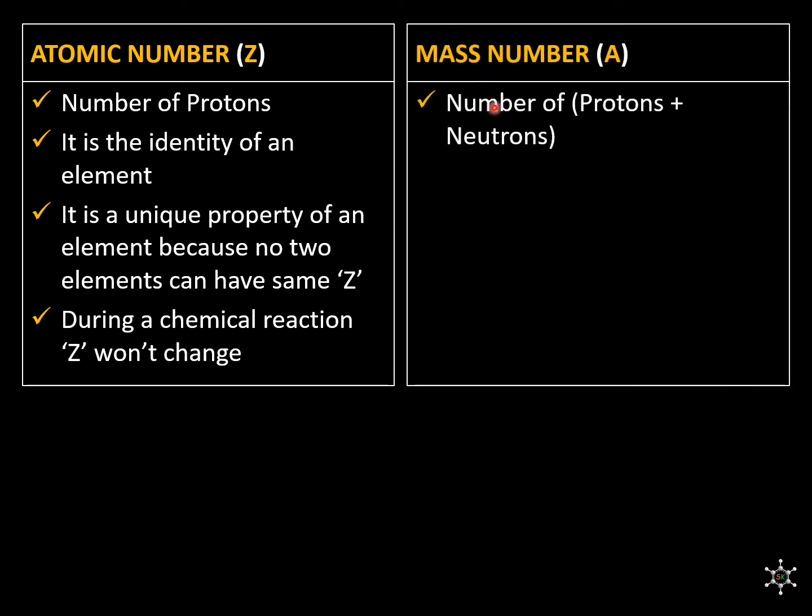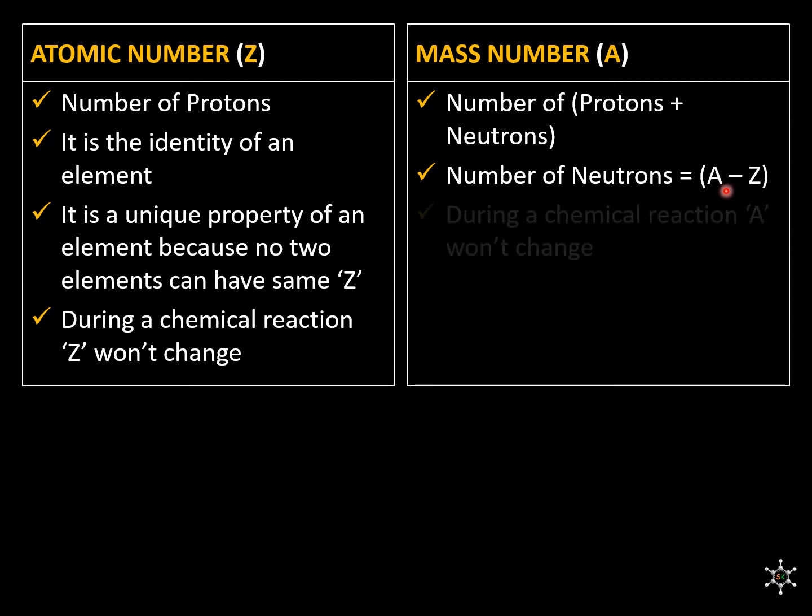Mass number means the number of protons plus the number of neutrons. The letter to represent mass number is A. If we want to find out the number of neutrons, then we just have to do A minus Z. That is, the number of protons plus the number of neutrons minus the number of protons gives us the number of neutrons. During a chemical reaction, mass number won't change. Again, for the same reason, in a chemical reaction, we only disturb electrons and not the protons and neutrons present